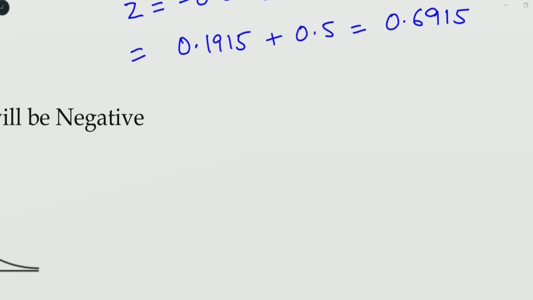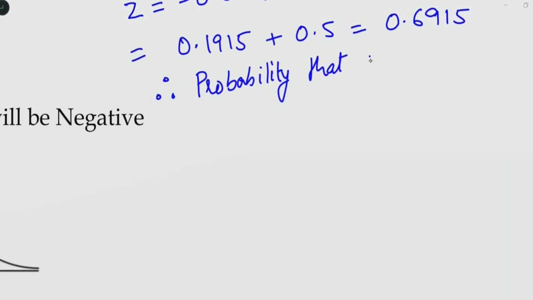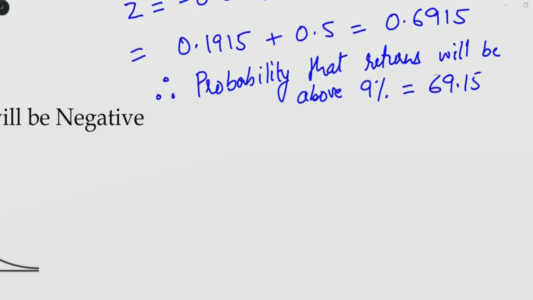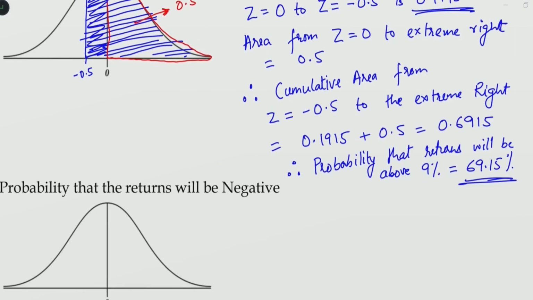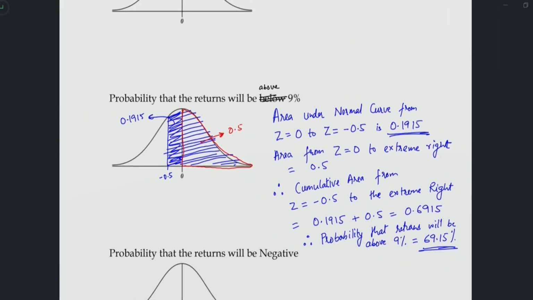Finally, we can conclude, therefore, probability that returns will be above 9% equals 69.15%. That's your final answer. In case you haven't written it, now what we do is we observe what all parts